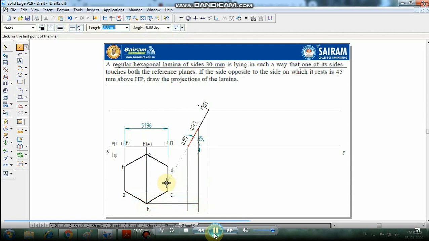B to B dash, C to C dash where it meets, D and D dash meeting point, E to E dash, F to F dash.